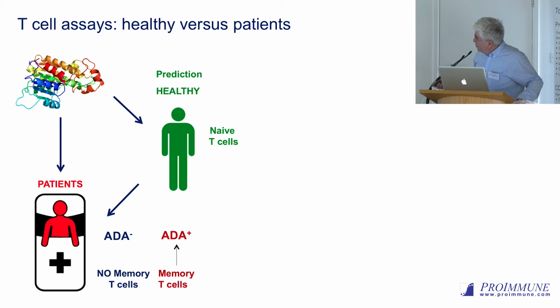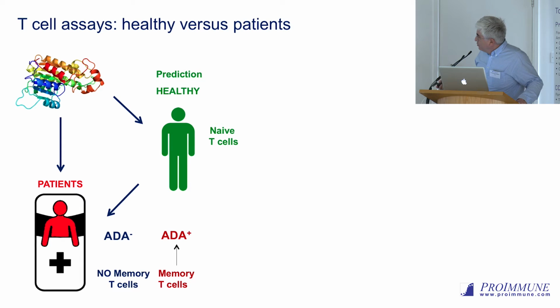And these patients could be ADA positive patients, who have developed anti-drug antibodies, and others who do not. And you see, there is a real gap between healthy donors and patients, in the sense that the T